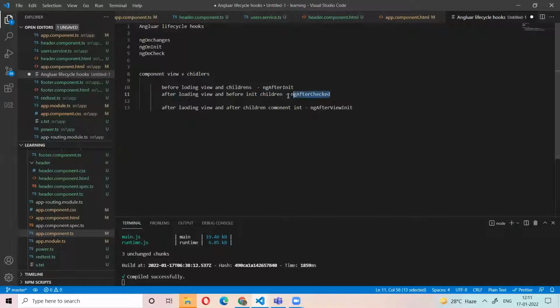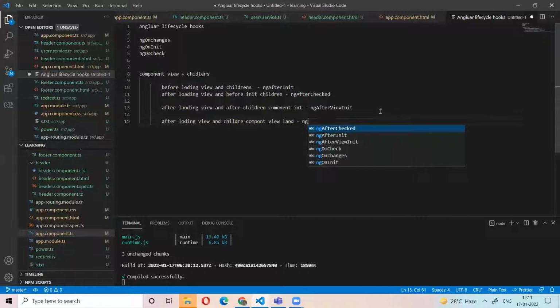Then ngAfterContentChecked. The HTML view is loaded, the children's component class is initialized. Then ngAfterViewInit. Now HTML is loaded and also the children component view is loaded. Children's component also has separate HTML, right? That HTML is also loaded. Then ngAfterViewChecked.